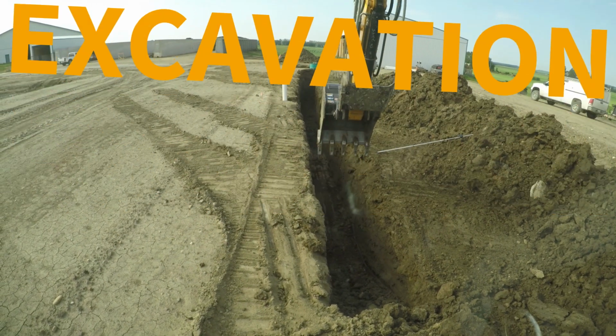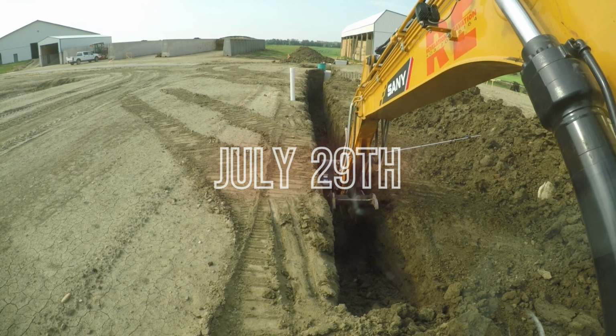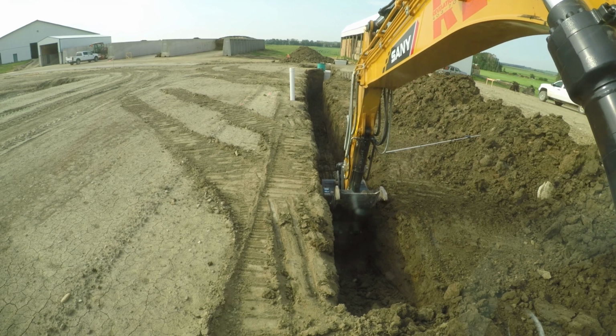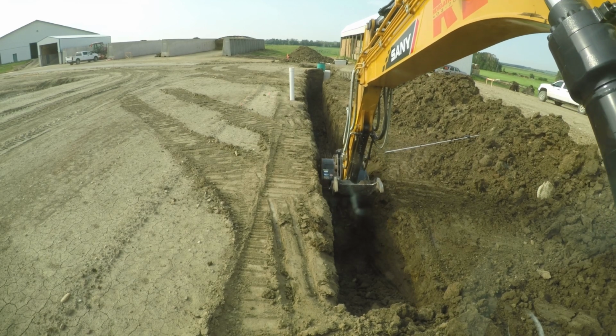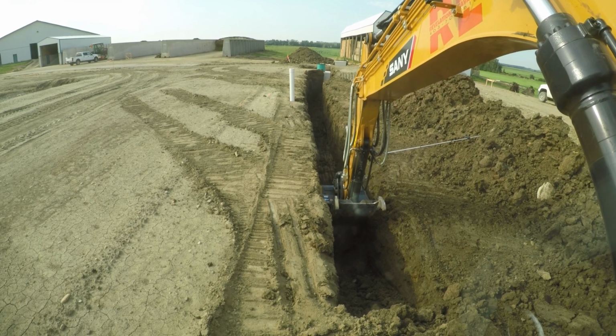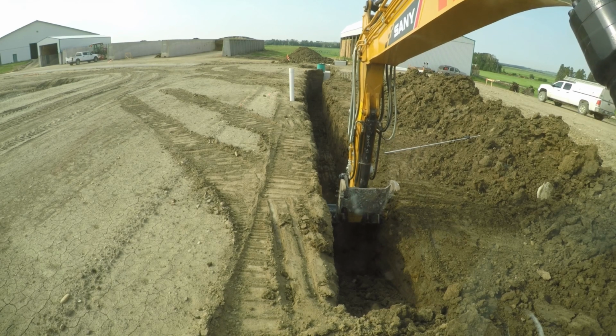Folks, well, we're over here at the Vamplew Farms. I'm digging a trench right now. I don't know if you can see that way in front of me there with the green lid on it. That's called a cistern. So they're going to dig a cistern in there, put the cistern in, and then